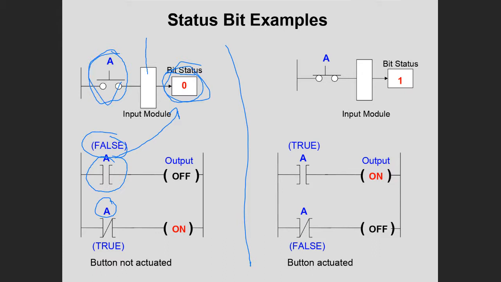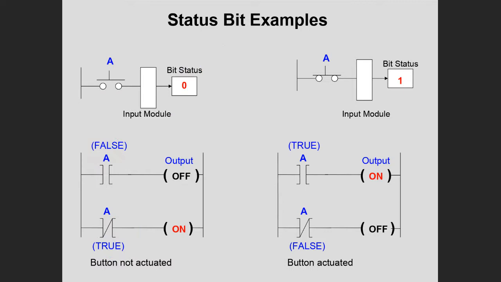It knows the position of the switch by looking at the status bit in that cell. Do I have a 0 there? If so, then the button is open. If I have a 1 there, then it's closed. And this is actually looking for an open button, or a 0, so this is true. So the logical values on the left side of this diagram should make perfect sense to you if you understand